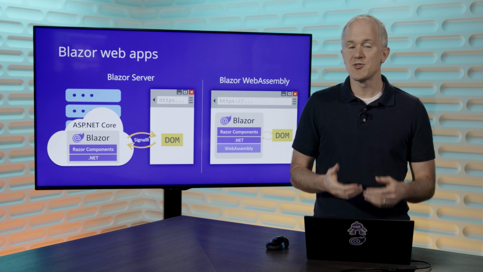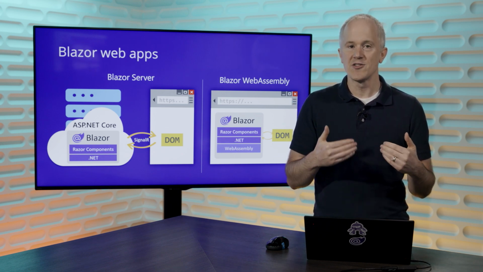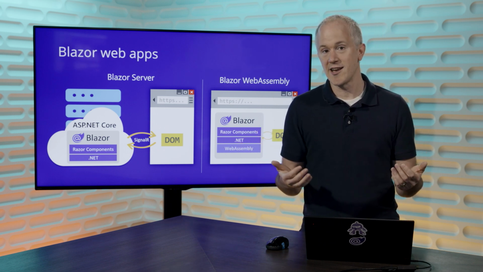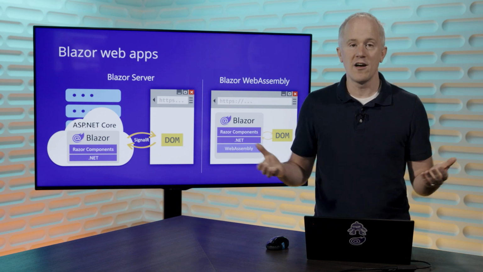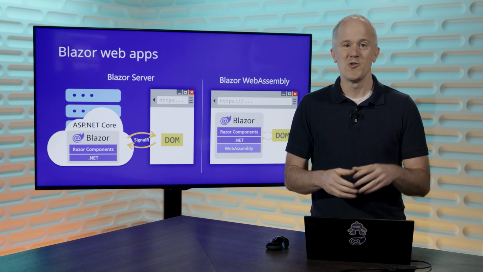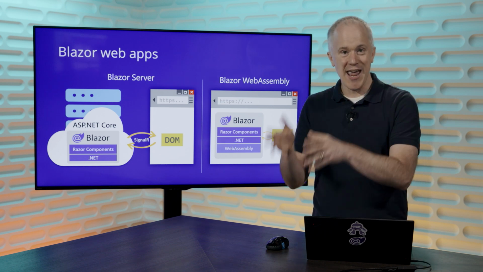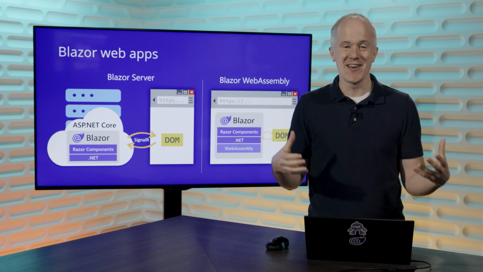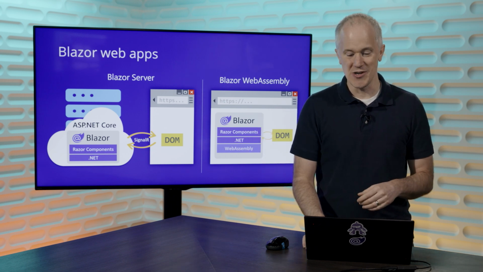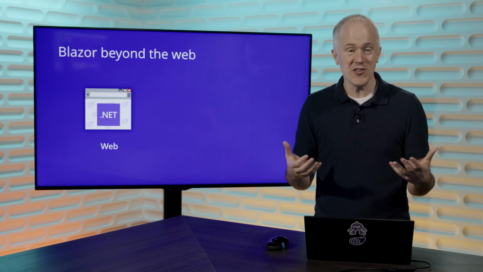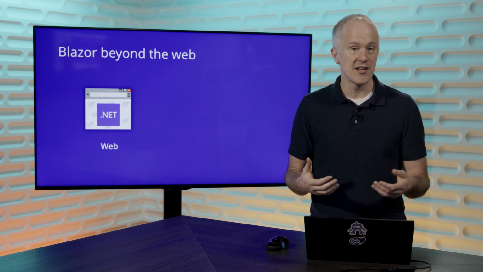Blazor WebAssembly apps are true client-side browser-based applications, so they can be deployed as simple, low-cost static websites, and they can even run offline, like a progressive web app or PWA. When you combine Blazor WebAssembly with an ASP.NET Core backend, you now have that full-stack .NET web development experience. So Blazor and ASP.NET Core have everything you need to build modern web applications.